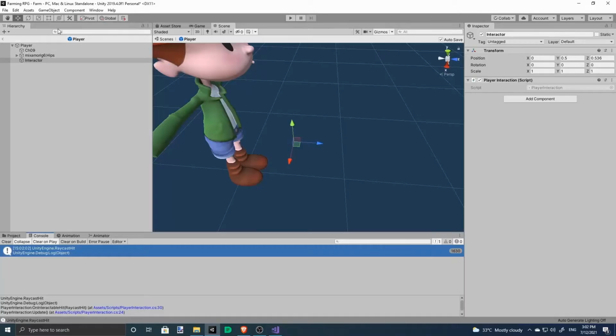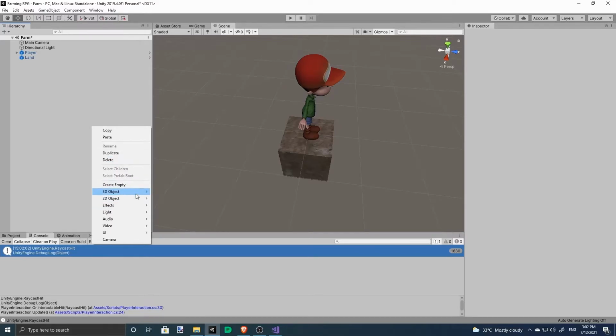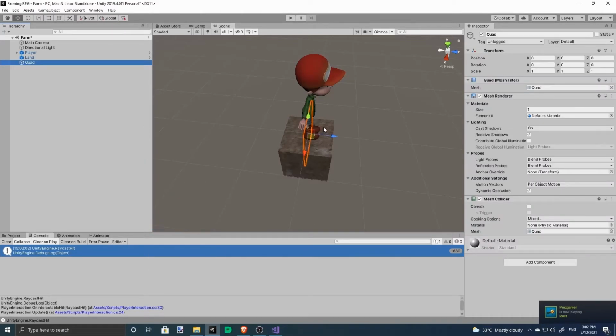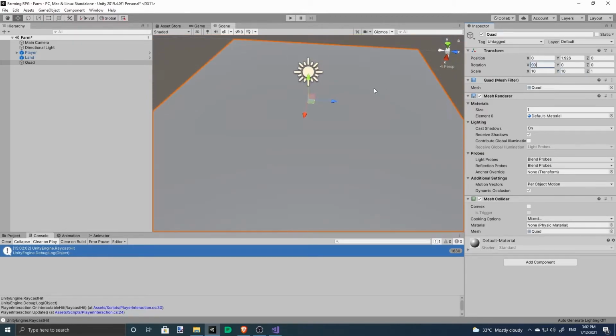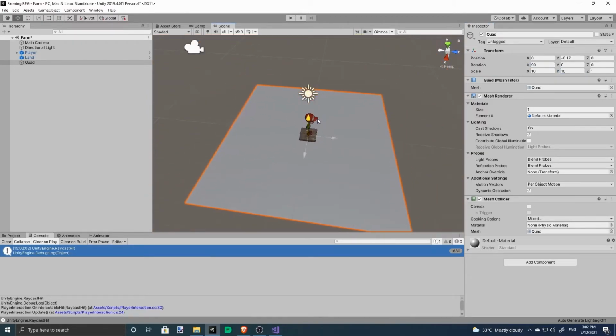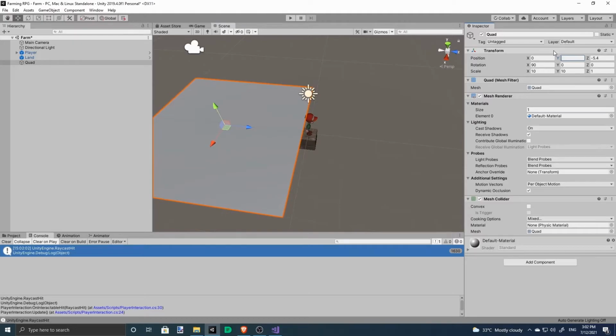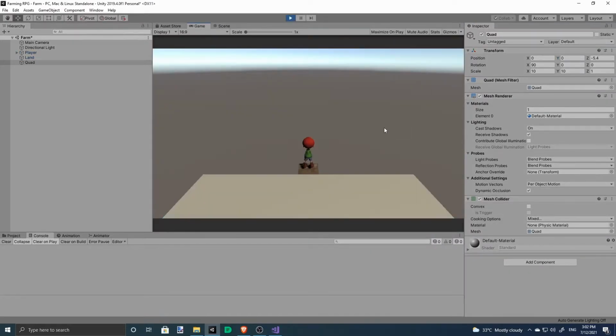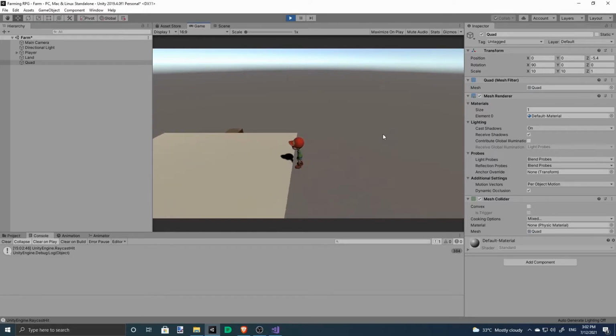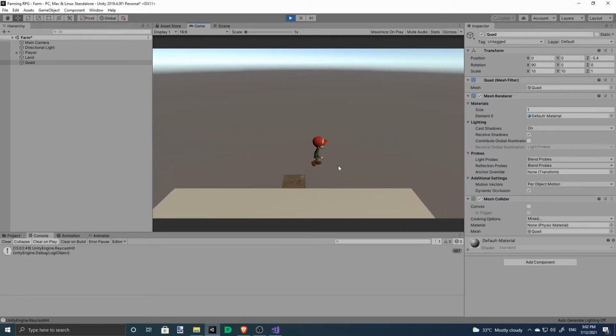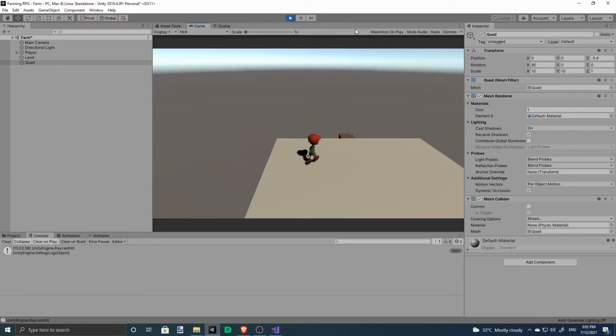Because if we were to add something else, like any random quad, let's say a big piece of land that the player can walk on, it will also output the same message. So we need the player to be able to distinguish whether it's standing on land or on just anything that isn't interactable.